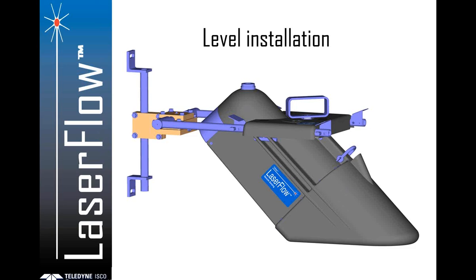Here's another schematic of the mounting bracket. Every sensor has a bubble type level fixture on top of it, so you can do your coarse level adjustments with that. In addition to that, every laser flow sensor has an accelerometer inside of it, similar to your cell phone. So it will actually measure and record the pitch and roll of the sensor, and it outputs the data